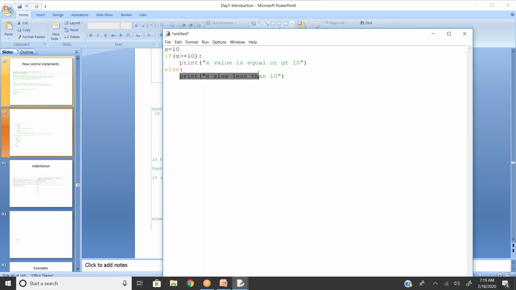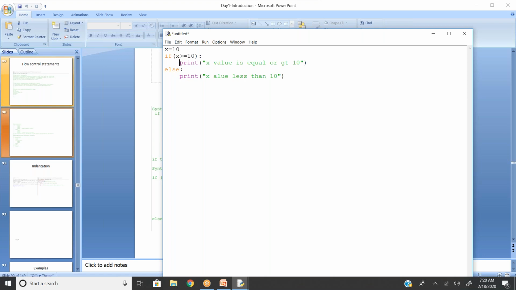Else print another block. So in this space, I don't have any flower brackets to differentiate whether this is going to be a sub block within the if statement or not. So Python always prefers and uses indentation.